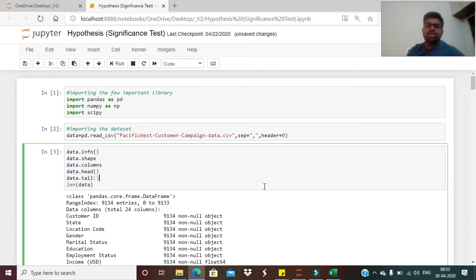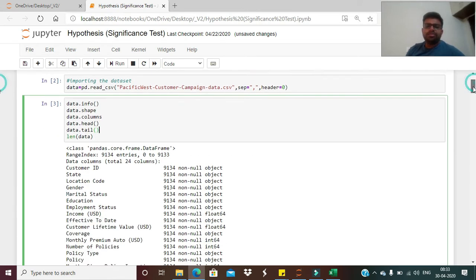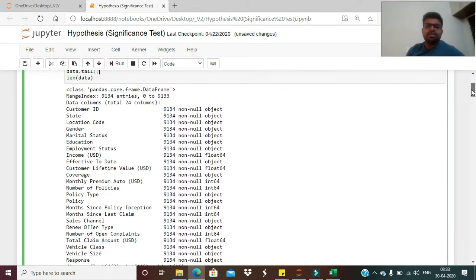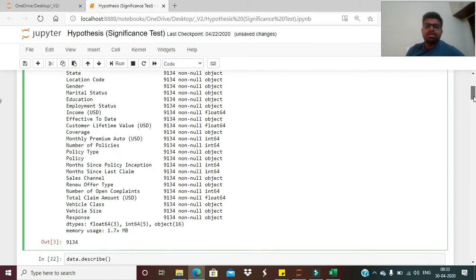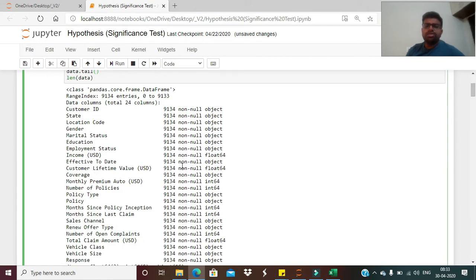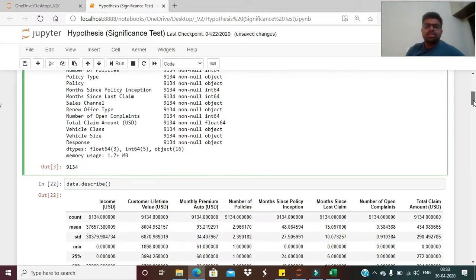That's the basic intent. By using the info statement, you will get the variables with their data types like object, float, integer, and so on.